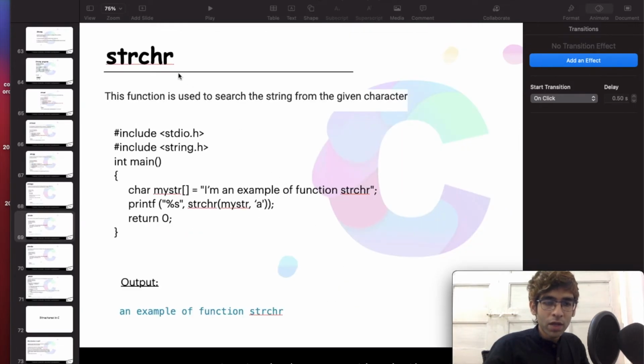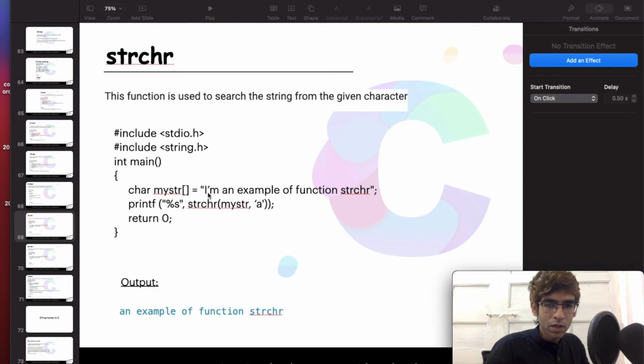Now we have strchr. This function is used to search for a character in a string. This is a string present here. Now we have to find the a in this string. So strchr is used for that purpose. Where a is present, here a is present, here a is present, so which a will be counted?